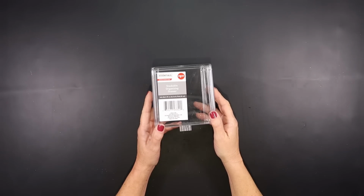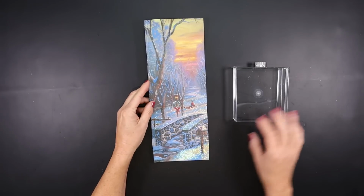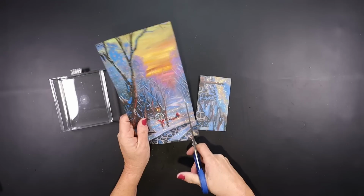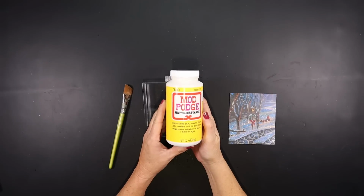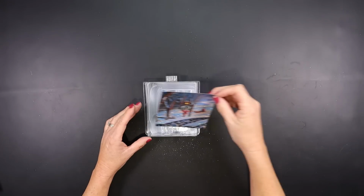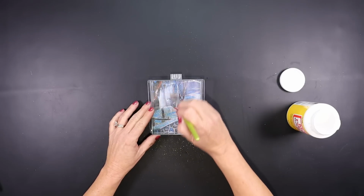For this project, we're using one of these stackable organizing drawers, and you can find these at Dollar Tree. Starting with the drawer itself, that piece of gift bag that we cut off of the previous project, we're going to use that to trace out our design and cut that out so that it will fit on the inside back of the drawer. We're going to attach that using some Mod Podge, and once we place that in there and make sure we push it all the way to the edges, we're going to go over it with another